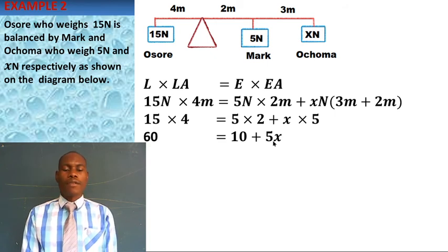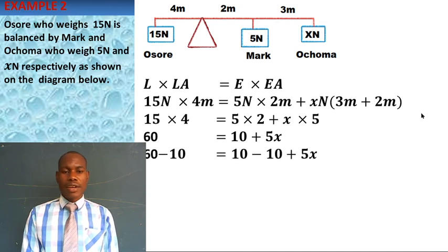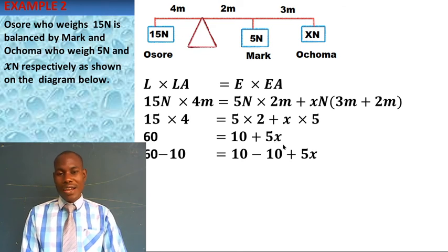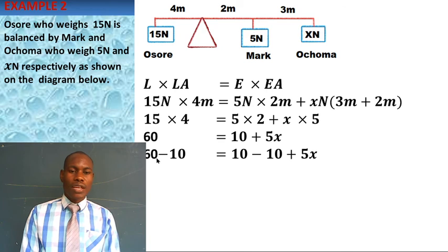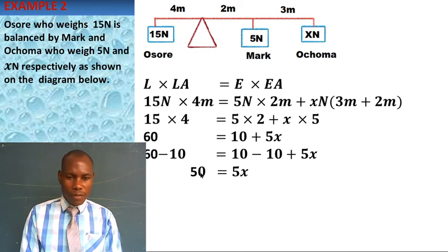And then, from that level, we can now go ahead and collect like terms by removing this 10 from this side, so that we remain with only and only 5x. How do we do that? We subtract 10 on both sides because it's a positive. So we say 60 minus 10, and then 10 minus 10 plus 5x. What shall we get? What will be our next level? We shall say 60 minus 10 to be equal to 50, and that will be equal to, we remain